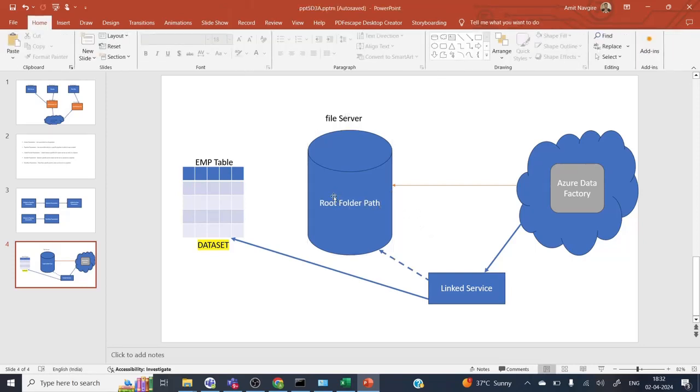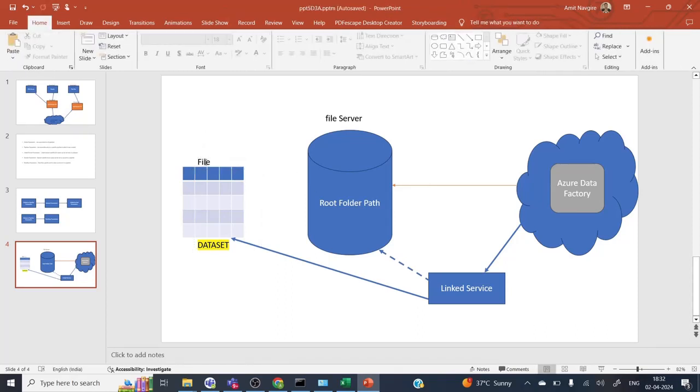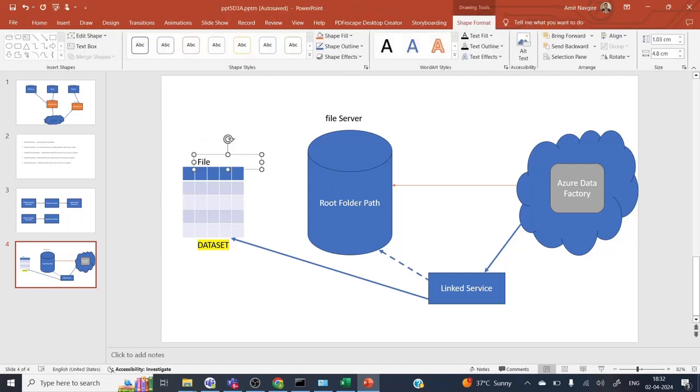And this is your file then, right? So your file becomes a data set,